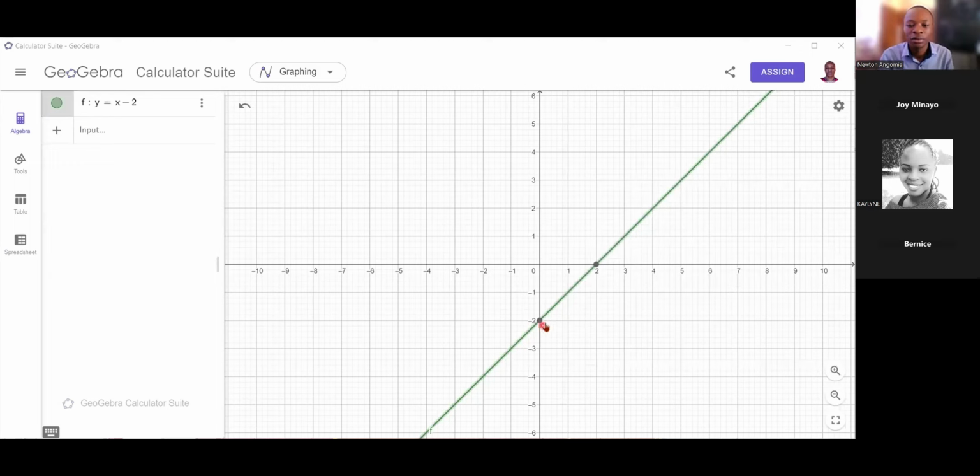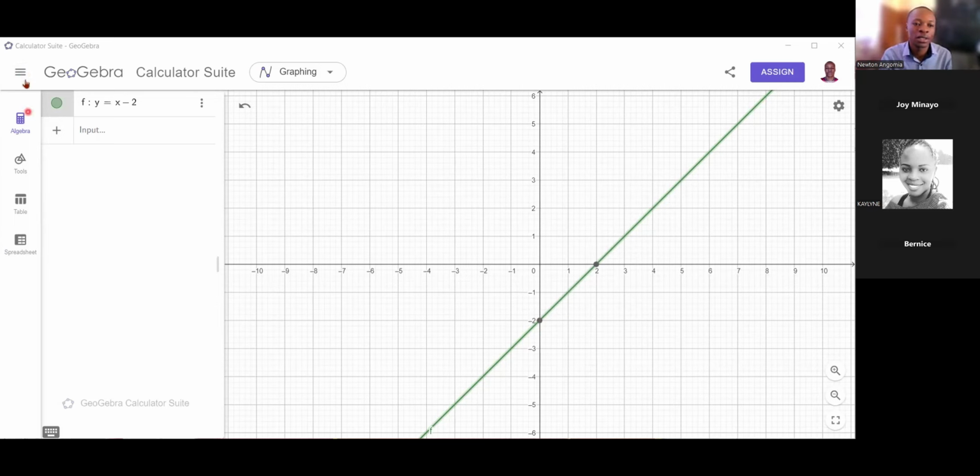Now look at this value. In our equation, we are saying that y is equal to x minus c. And when you look at the line, you can get that the intercept on the y-axis is actually the minus 2 in our equation. Okay? So when we get the slope of this line,